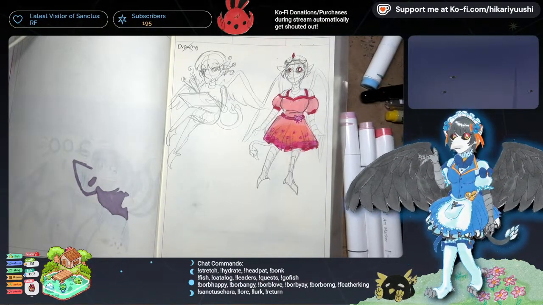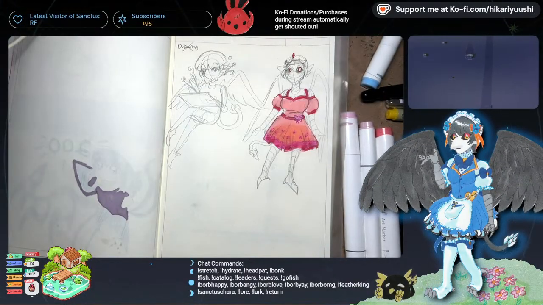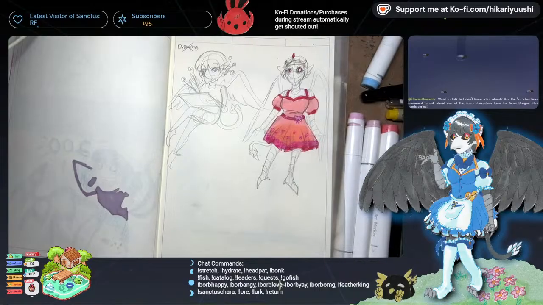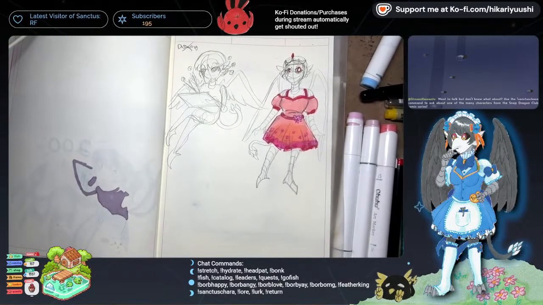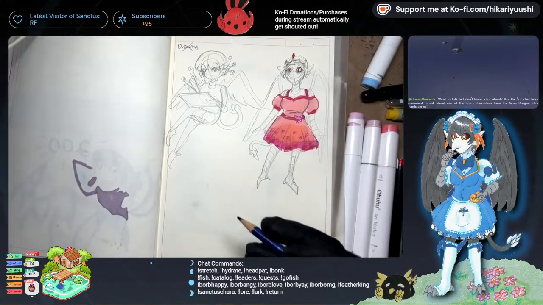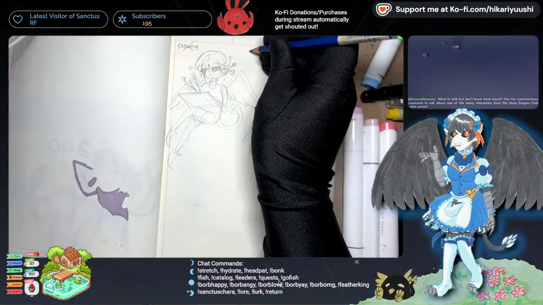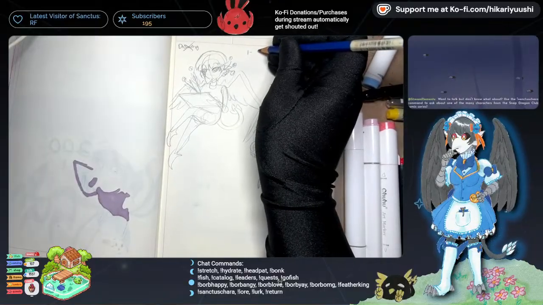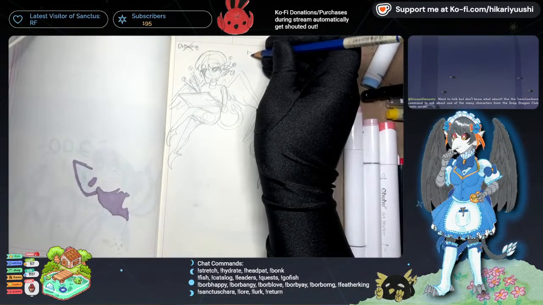So I think I'm pretty happy with the outfit. So I think now what I'll do is start on working on the expressions. And for the expressions, I think there's basically a maximum of 6 expressions I want. So